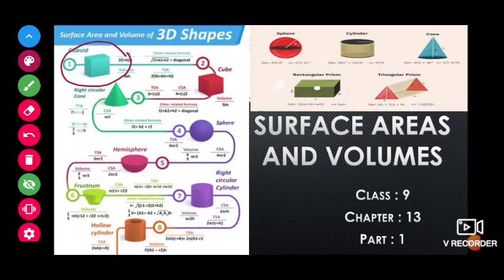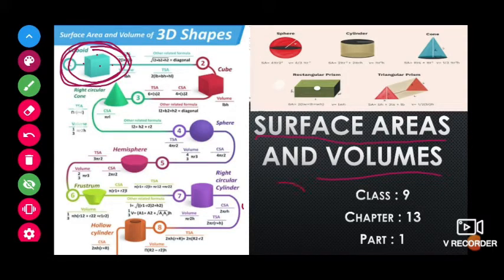For example, if we take a cuboid, here you can see different faces on each side. So what is the area? We cannot ask what is the area of a cuboid. Now, what is the surface area? Either lateral surface area or surface area is nothing but the outside, whatever you can see of the 3D shape. That area is called the surface area. And if we take volume, it means how much capacity it can hold.